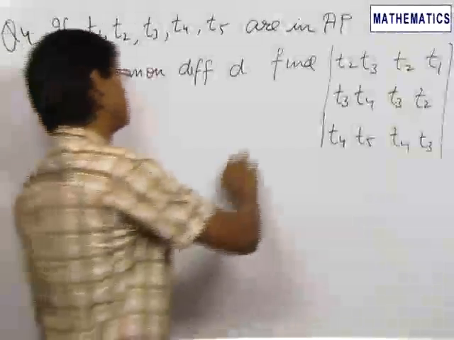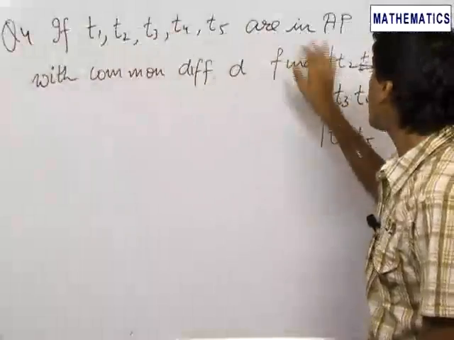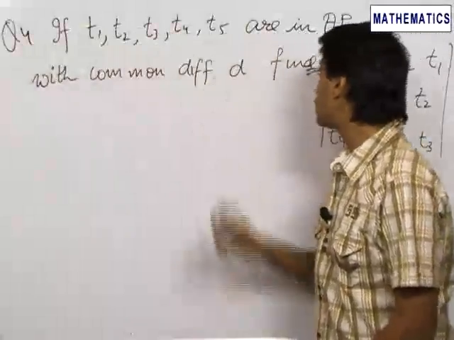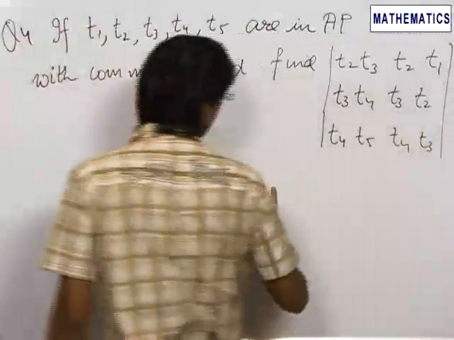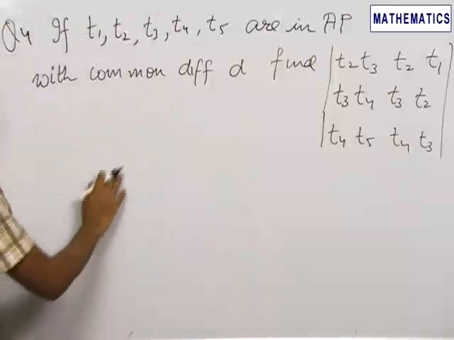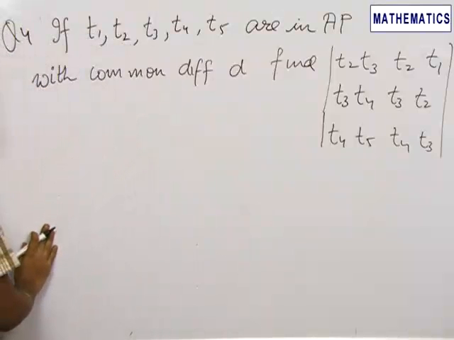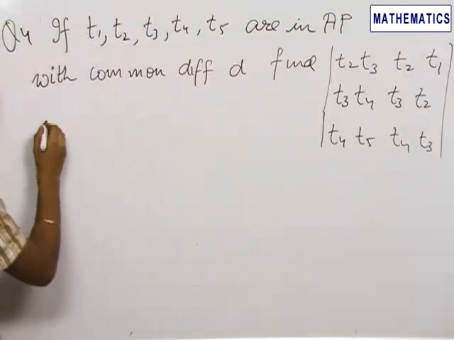In our next problem, we are given that T1, T2 to T5, these are the 5 terms in AP with a common difference of D, and we need to find the value of this determinant. Again, this is an easy problem. We just need to use some row and column operations. First of all, using